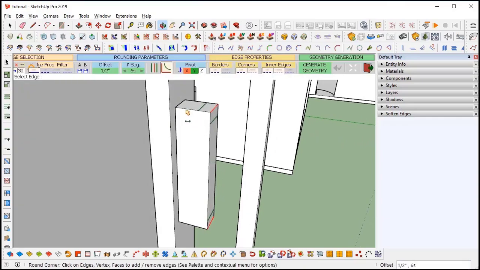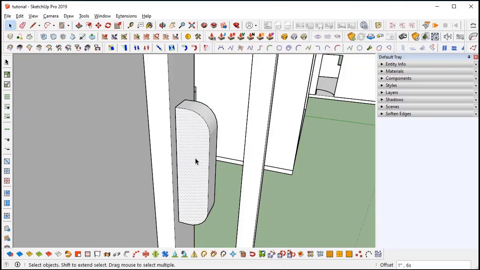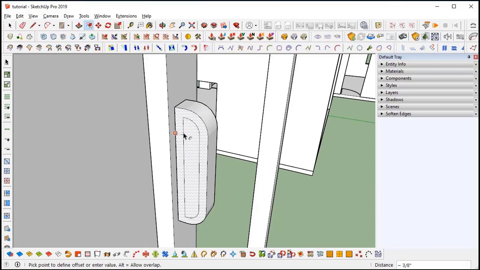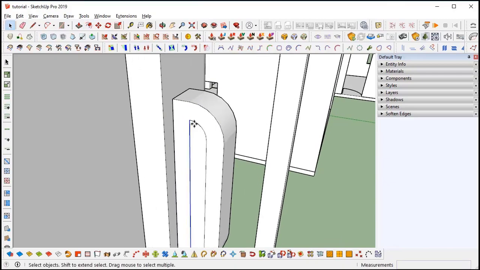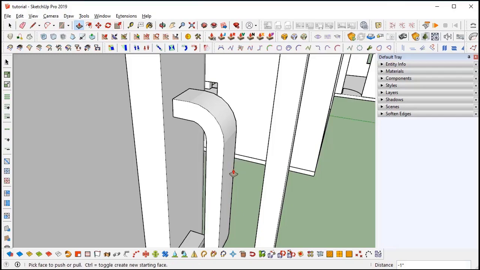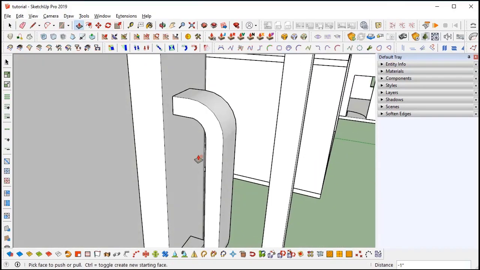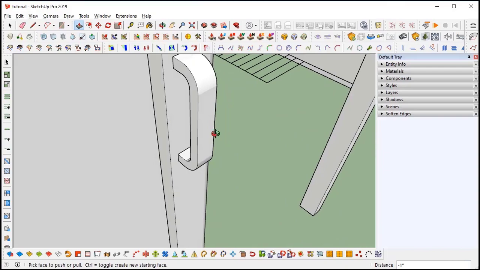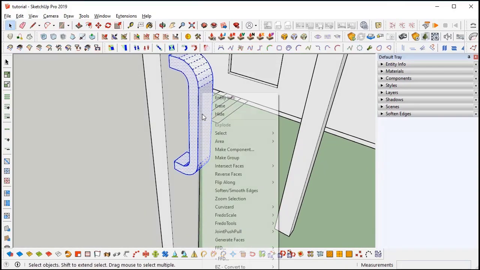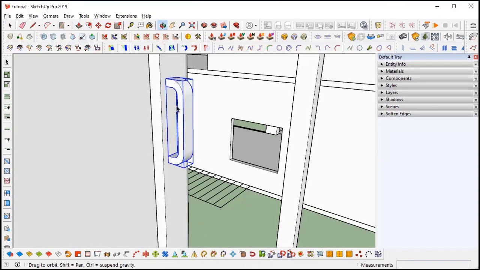I will use 1 inch for smooth beveling. That's fine. And I will use the offset command like 1/2 inch, and I will move this line. Yes, and I will use push pull. If you trace this exit point, it will automatically create the hole, and here we go, we have the handle. And we will replicate it, make it a group.